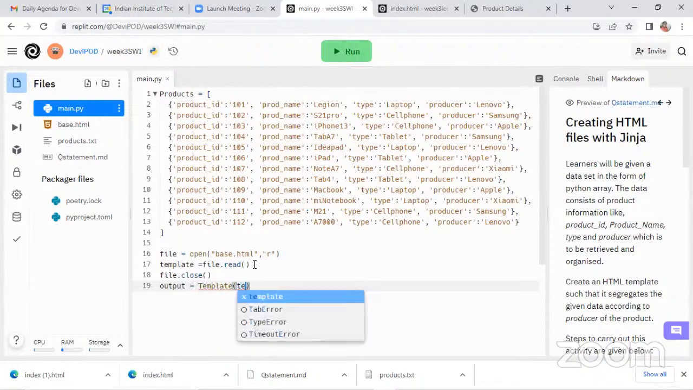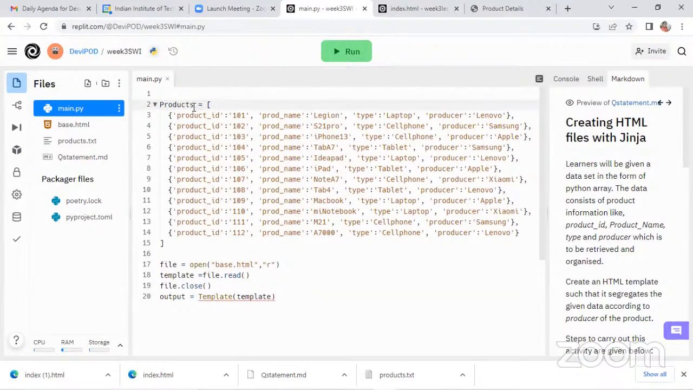So it's showing a red line. Why it is showing is because I have not imported the Jinja 2 template in my file. Can you see this red line? Yes, everyone? Yes. So since I have not imported the Jinja 2 template, it's showing like this. So I am going to import this Jinja 2 template at the top of this file. Right. So from